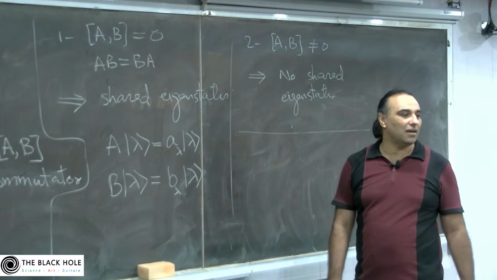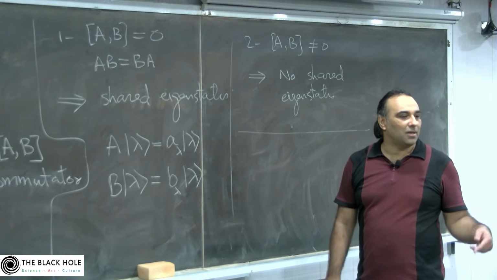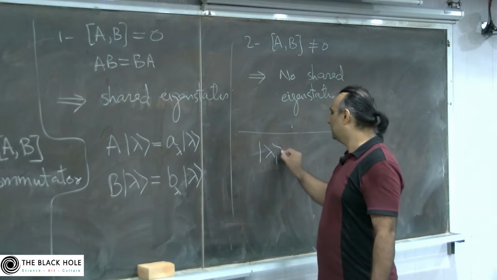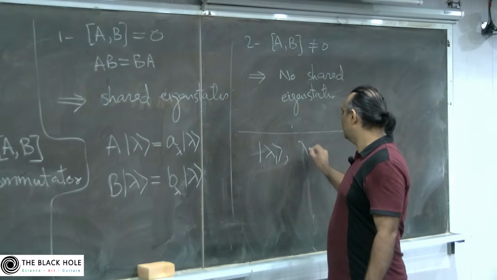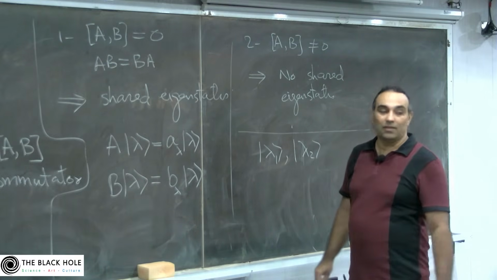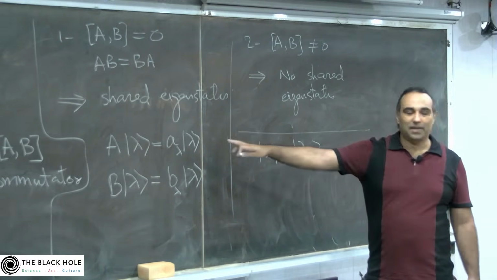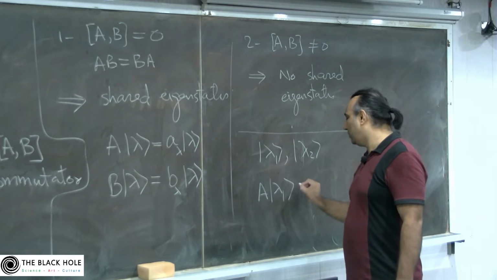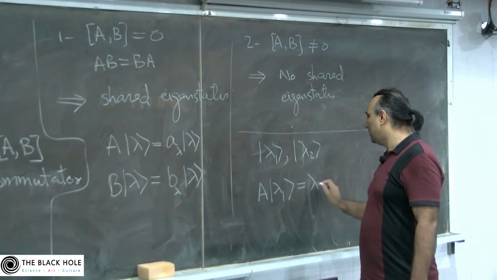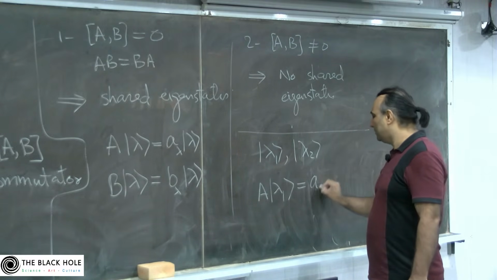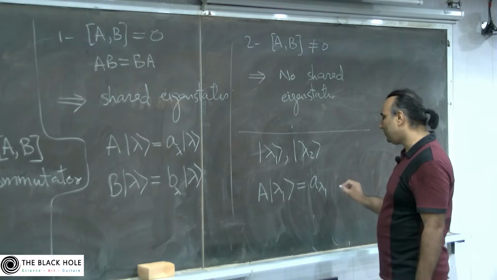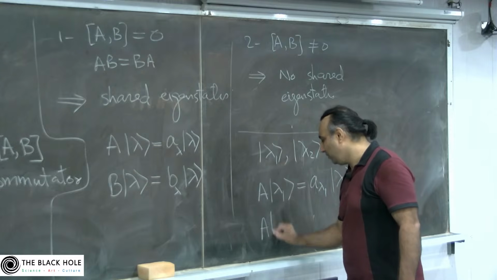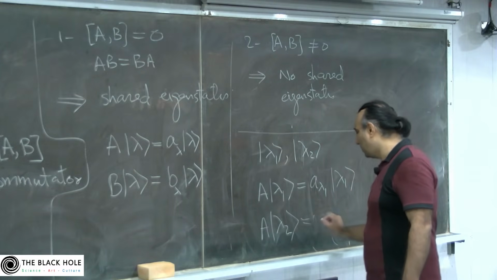That means that there are some vectors, lambda 1 and lambda 2, that have the same eigenvalue for operator A. Okay, so A operator on lambda 1 is equal to, let's call that, A lambda 1, and if we operate it on lambda 2,